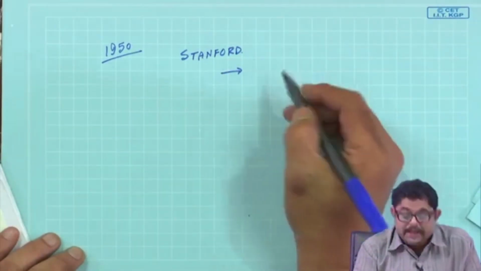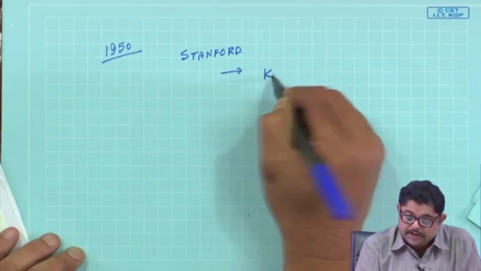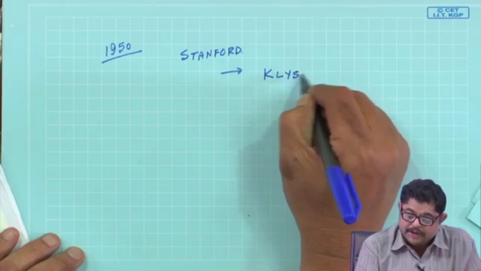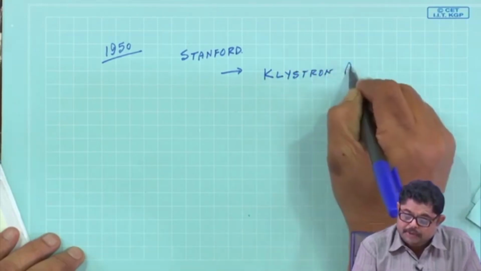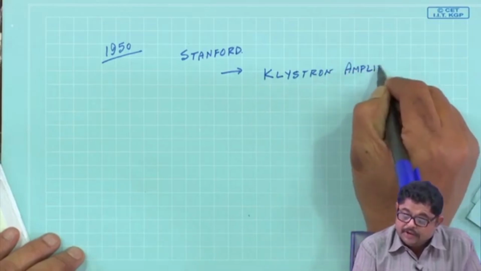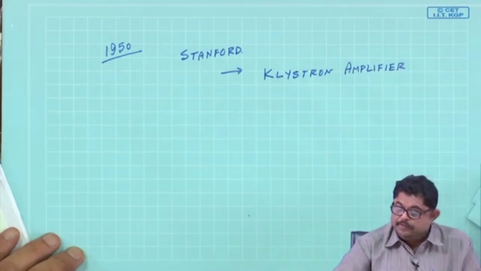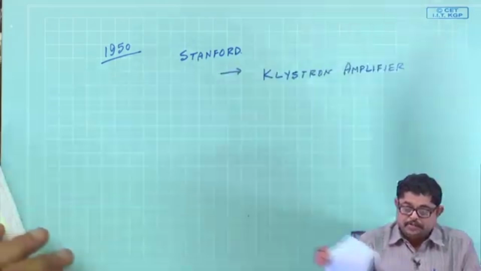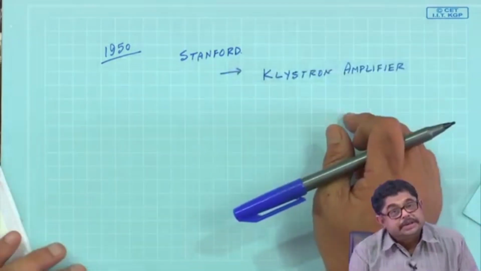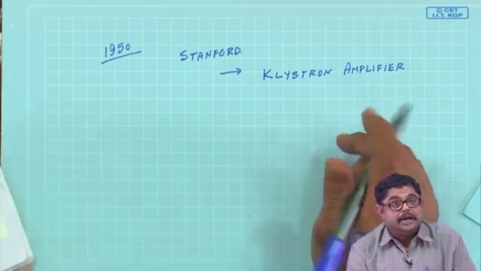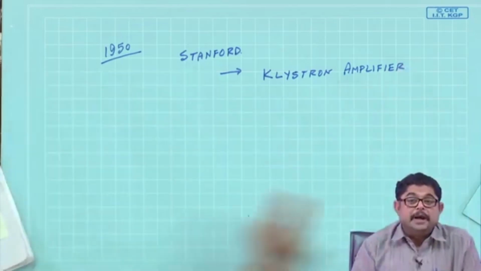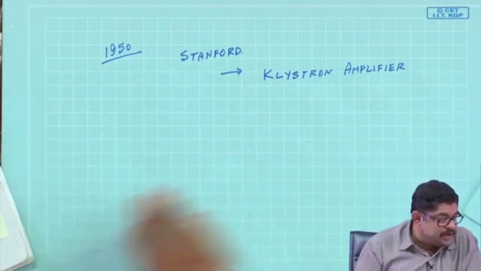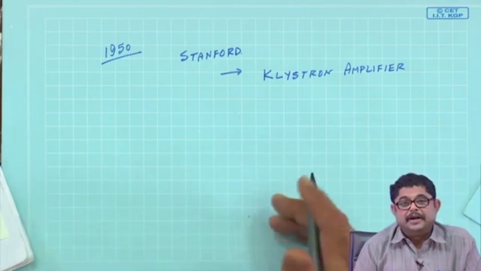There they invented another high power source as well as amplifier, the klystron amplifier, which would replace the magnetron, because the magnetron was not a stable source, but the klystron was a stable source. We will see later what the implication of this stable source is in pulse radar technology. Once this klystron amplifier was given by Stanford University, radar got its full